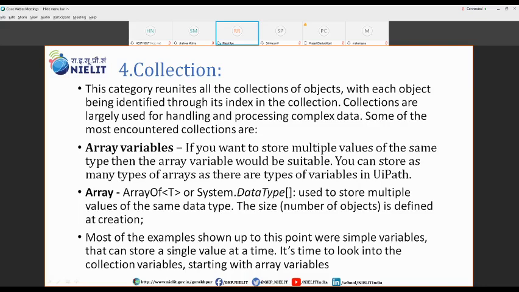Once we make any project where we'll use this array variable, we'll try to store more than one input using this array variable. Then we can see how this array variable is different from the others, and how it can be used to store multiple values at the same time, of the same data type.